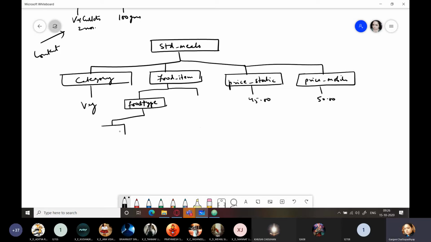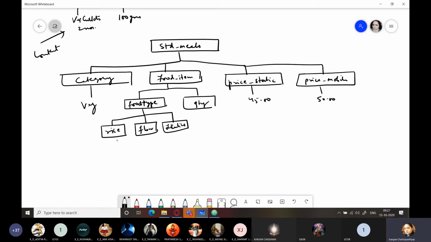And within food type, I have rice, I have wheat, or instead of taking wheat, I'll take flour, and I'll take lentils. That is for dals. I think this should be okay.